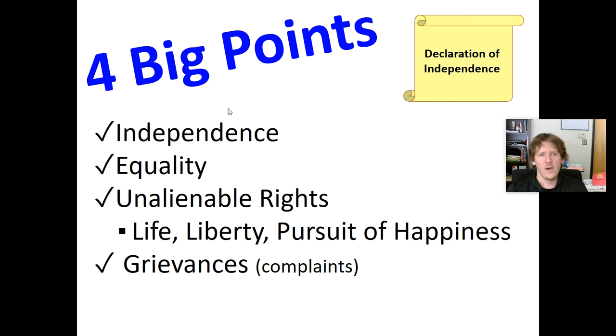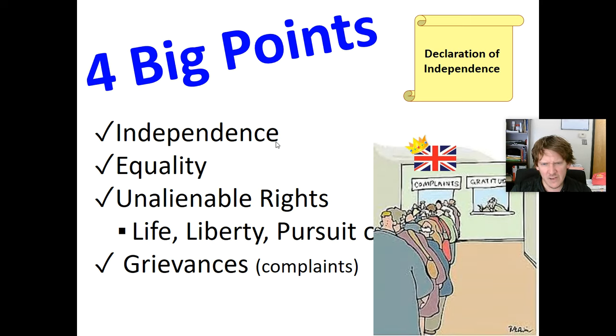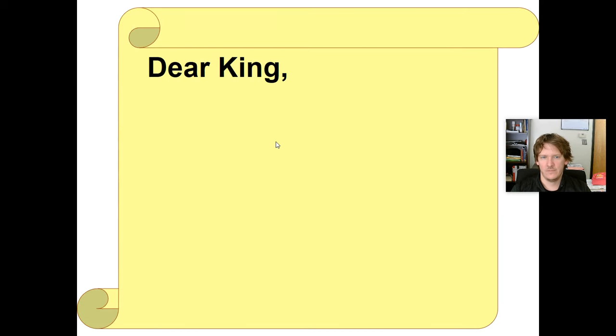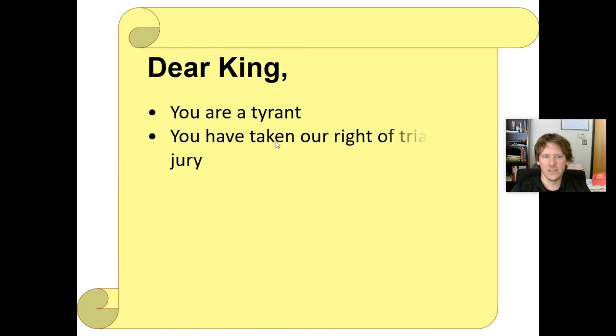And then the last part of the Declaration of Independence are grievances. Grievance is a fancy word for a complaint. Basically, the complaints are all the reasons why we're breaking up with the king. I think it's 27, I have to look, but basically he writes every single reason why we have the right and the rational, logical reason to start our own country. Dear King, you are a tyrant. Here's some examples. I'm not going to put them all in here, but he's a tyrant.